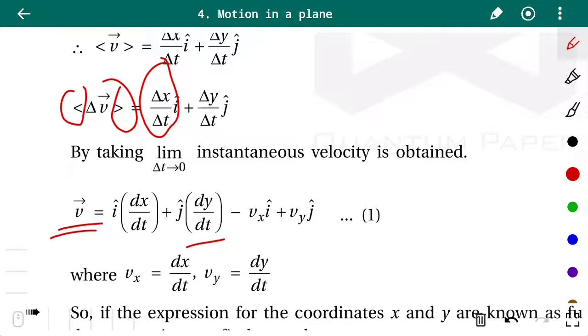with respect to time, that is nothing but the velocity, but this is along the x-axis, it is the x component, so we can write it as vx i cap. Plus dy by dt is change in the position with respect to time along the y-axis. So we can write the y component of the velocity, that is vy. So this equation becomes vx i cap plus vy j cap. So comparing that, we can write vx is nothing but dx by dt and vy is dy by dt.